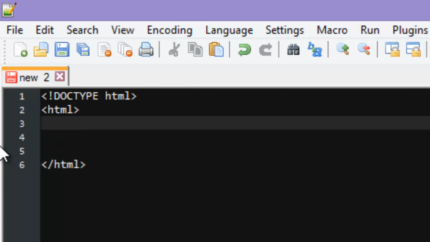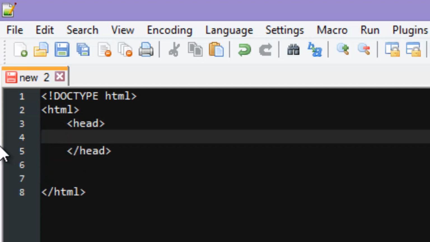So, when we start with the HTML, we do some indentation just to kind of organize our code. And the first thing we can do is make a header, right? So, we can have head, and we'll have to do a closing tag. So, we're going to do slash head. Alright. Now, what we want to put in this header, let's say we want to put in a title, so